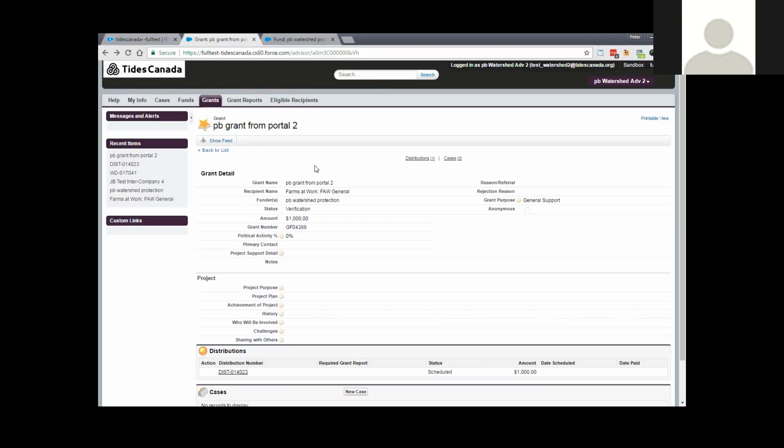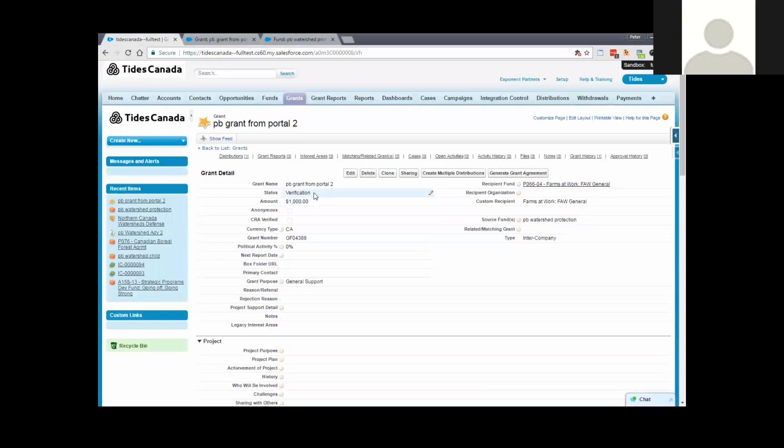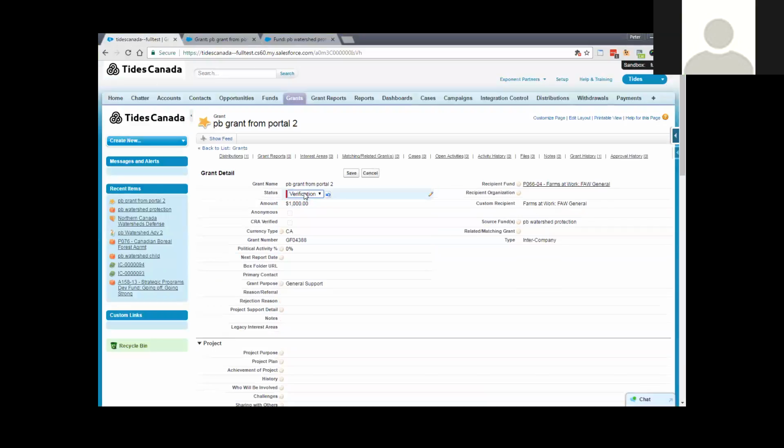We could try and do that here, actually. Recipient name. So this recipient will need a grantee login to the portal in order to do that. If we come over here and we adjust the status to invited,